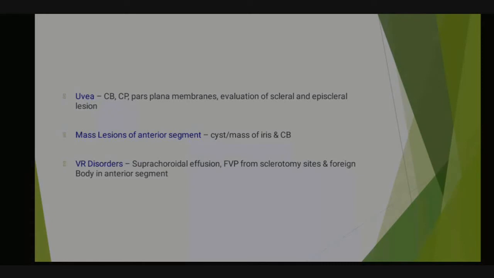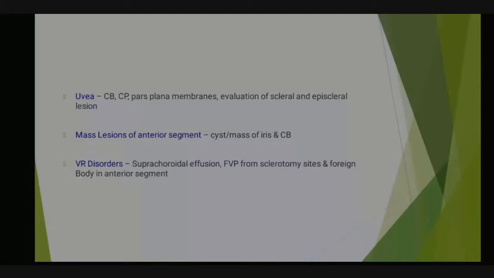Sometimes they ask to see UBM mainly to see whether any suprachoroidal effusion is there. Suprachoroidal effusion is nothing but abnormal accumulation of fluid in the suprachoroidal space, that is between the sclera and choroid. So we'll see the images. In cases of hypotony, they will mainly ask to see for effusion, whether any fluid accumulation is there or not. In retinal cases, they will ask to see for FEP.